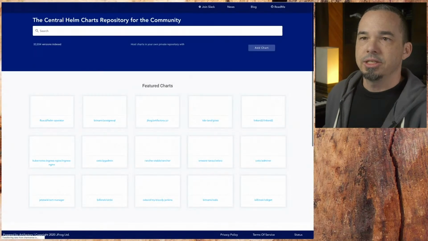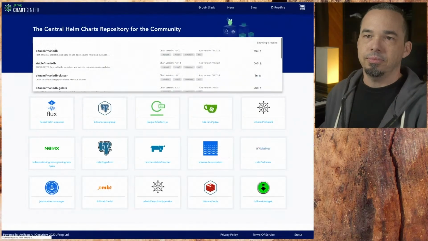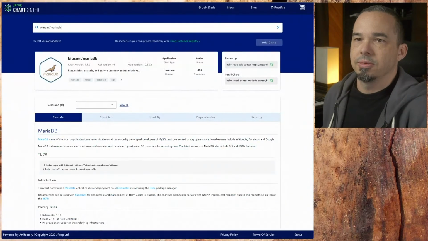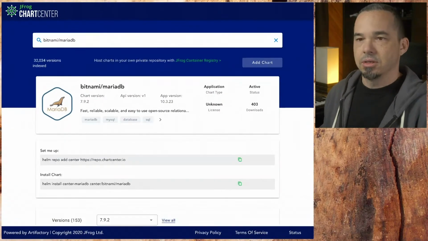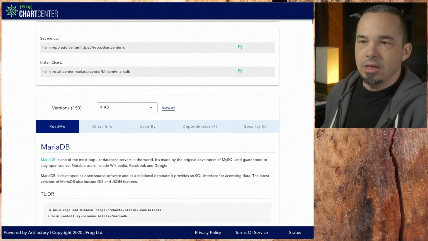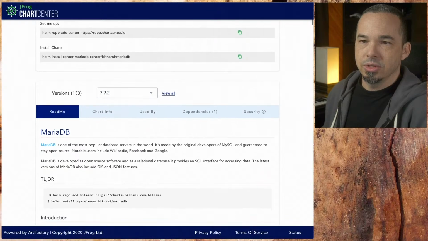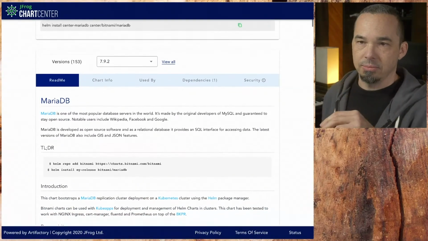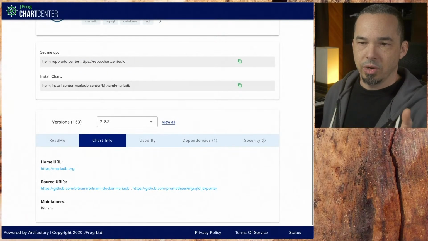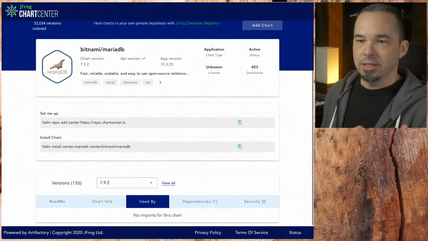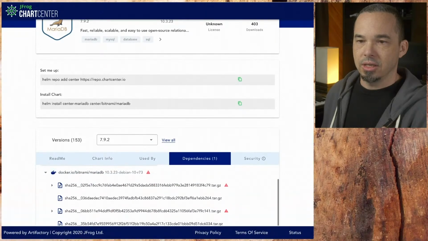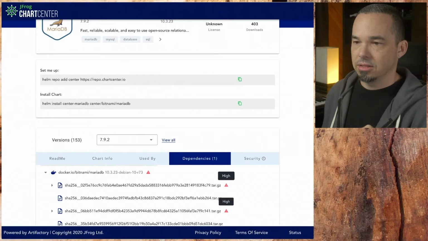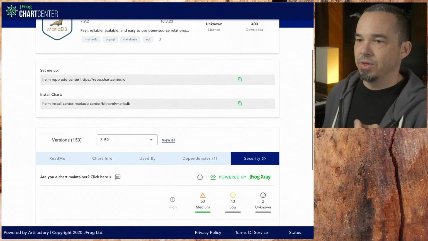ChartCenter.io. Let's pick something. MariaDB. Let's go to the Bitnami MariaDB chart. So here you have a very small screen with very small type. Here you have the chart, and you can see information about every single version of the chart that's existed. So when a new version comes out, they bring it in and they scan it. So chart info shows you where it came from, who maintains it. It is not directly used by anything else. It has one dependency, which is on the MariaDB container image, which has a high vulnerability in some of its layers. And if you look at the security tab, you'll see that